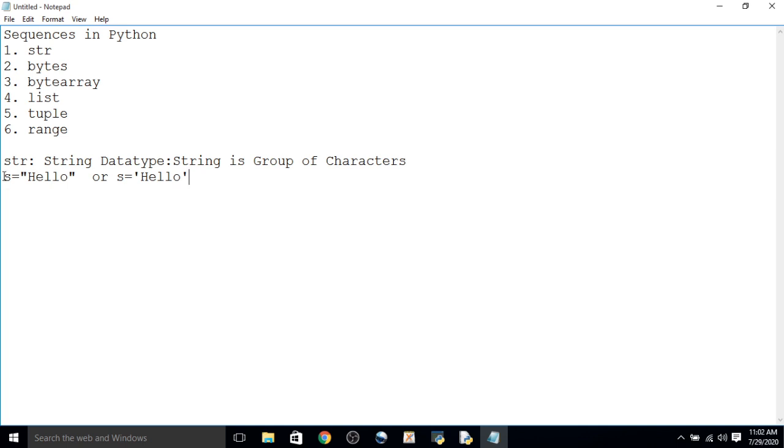Look at the example: s equal to hello inside double quotes. Similarly, we can also write s equal to hello inside single quotes. We can also write strings inside triple double quotes or triple single quotes. If you want to write a group of lines including spaces, we can represent the string in this way.